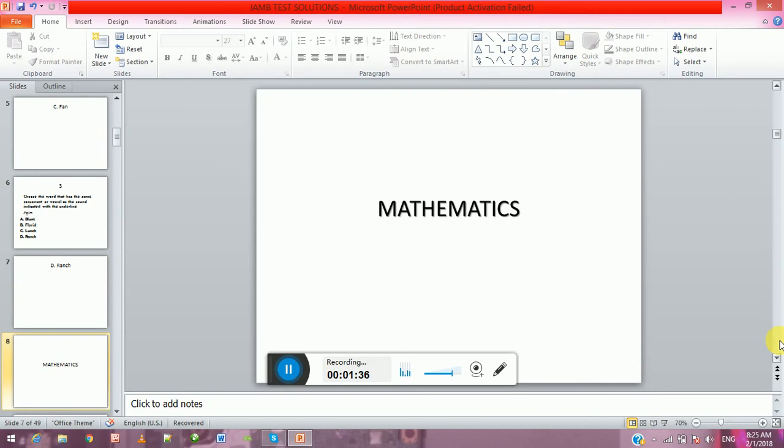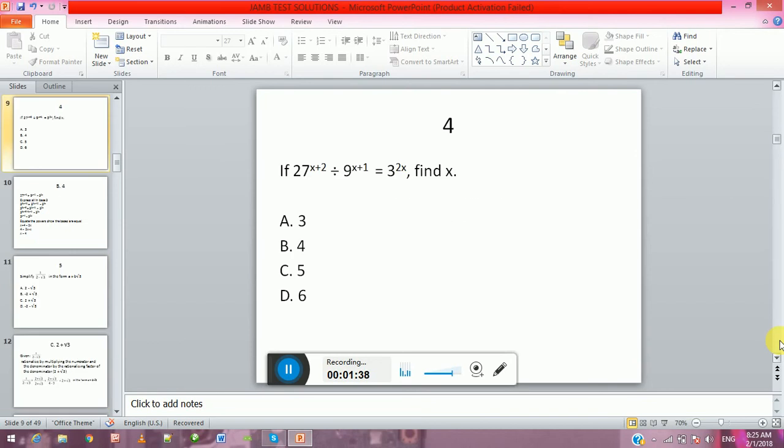We have in mathematics: 27 to power x plus 2 divided by 9 to power x plus 1 equal to 3 to power 2x. Find x. Because in the question we gave we have 32x here instead of 3 to power 2x, that's why we gave this as error. So it's a bonus question. But if it were to be like this, the solution would have been